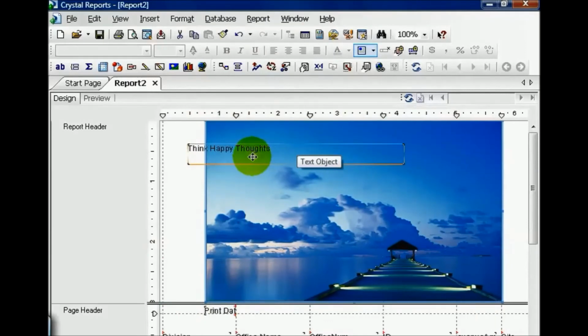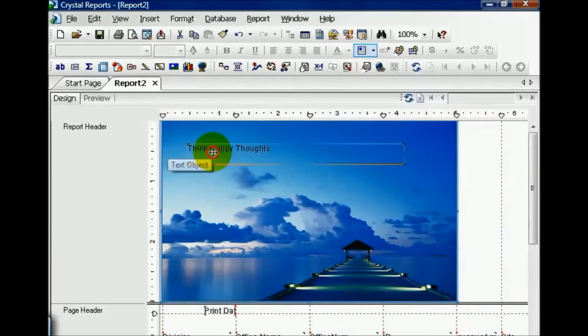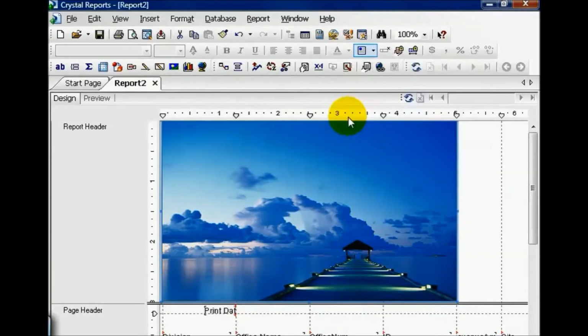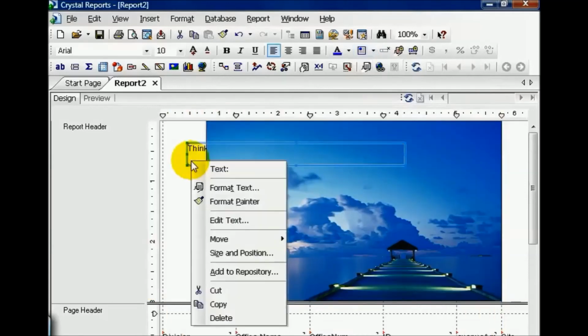This is where you have to be careful. Notice how I'm trying to highlight my object, but it won't let me. Every time I try, it won't quite let me format it. I click on it, but notice it's the picture that gets highlighted. I need you to right click, go to Move, and this tells you what gets clicked on first. You can choose to move it forward to front, and then my text box disappears. The easiest way to get around this is simply to drag this over, click on my text box, and say